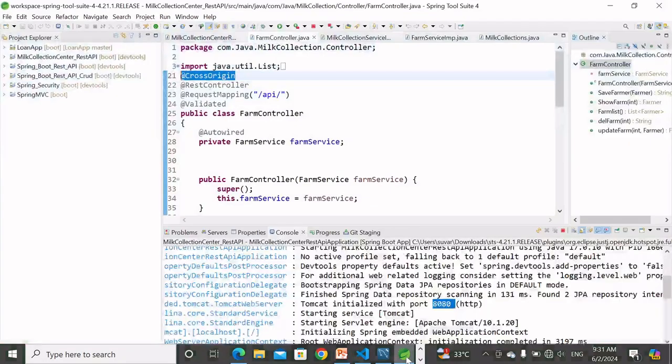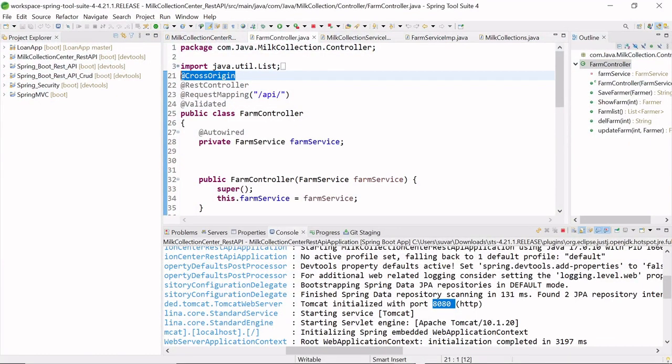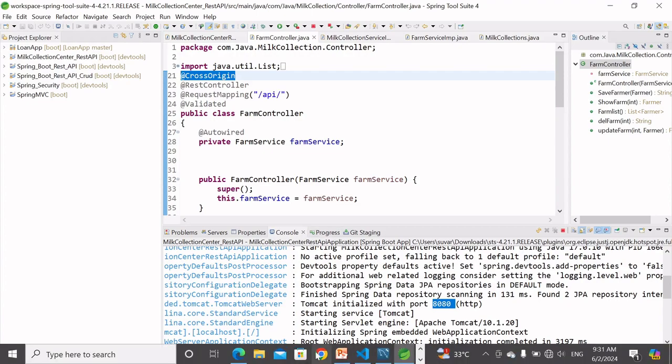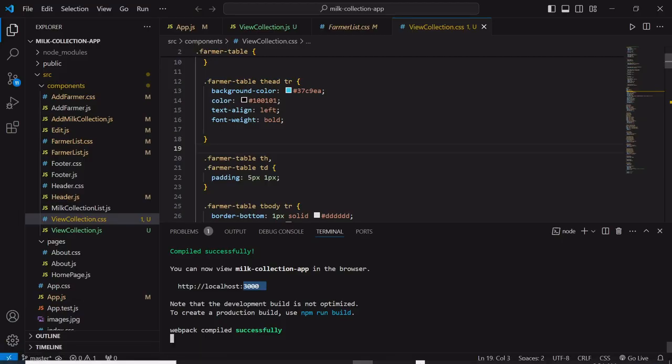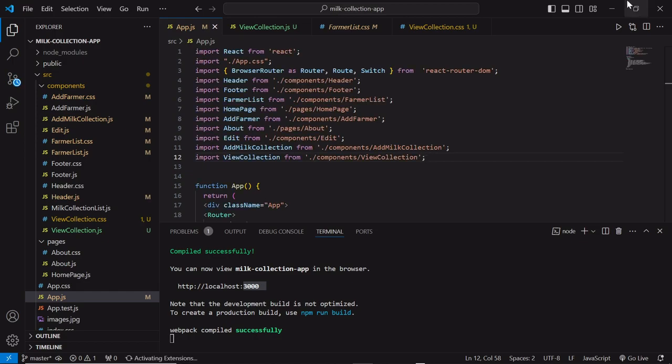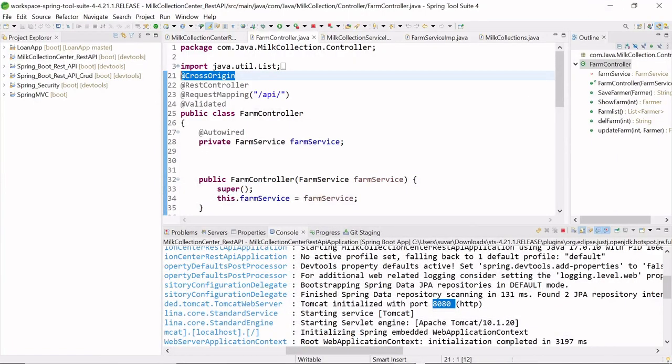These APIs are created by the Spring Boot application, that means it exposes APIs, and React.js consumes the APIs.